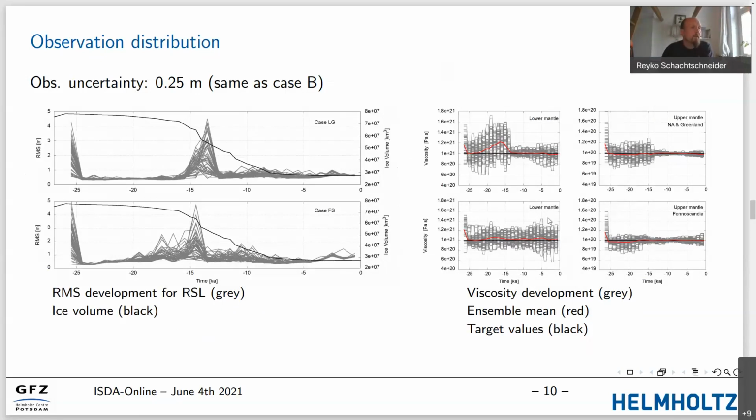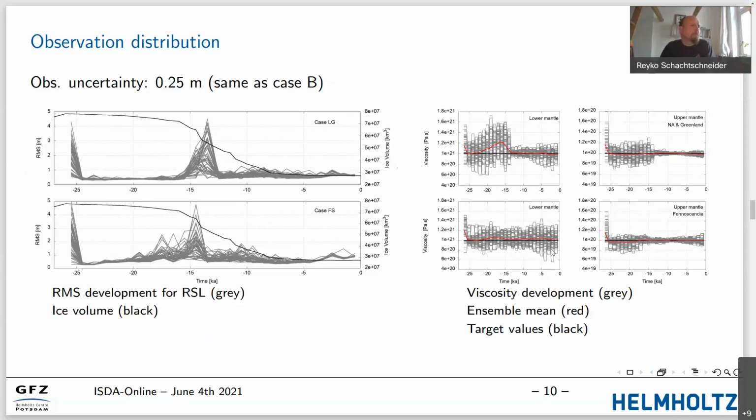data. In case of the Fennoscandian region, it's even more difficult to constrain the lower mantle viscosities because the ice sheet was significantly smaller than the one in North America and has even smaller effect on the deeper mantle due to a smaller surface load. But even in this case, we have a convergence of the ensemble mean to the viscosity target values, but the uncertainty is higher than when using the whole